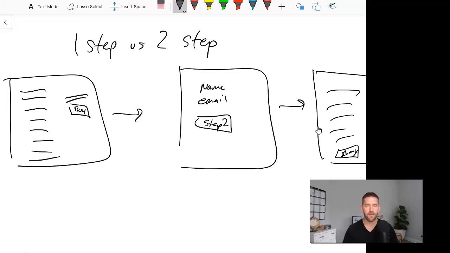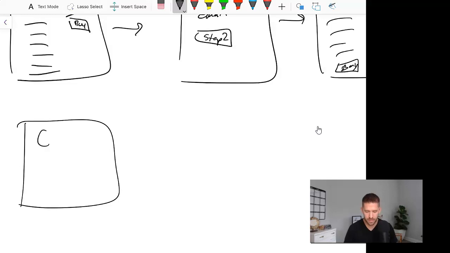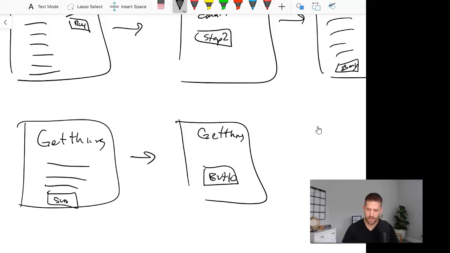This splits up the form, so it makes it not so intimidating for a user when they first see the step, but it also requires one or two more clicks to implement. So is it going to always work better? What I have seen is that two-step tends to work better than one-step, but it's something that you would need to test. And then on the opt-in form as well, you've got this where you say get thing, and you've got form, and submit, versus get thing with a button, which then once they click it, it kind of pops up into that light box